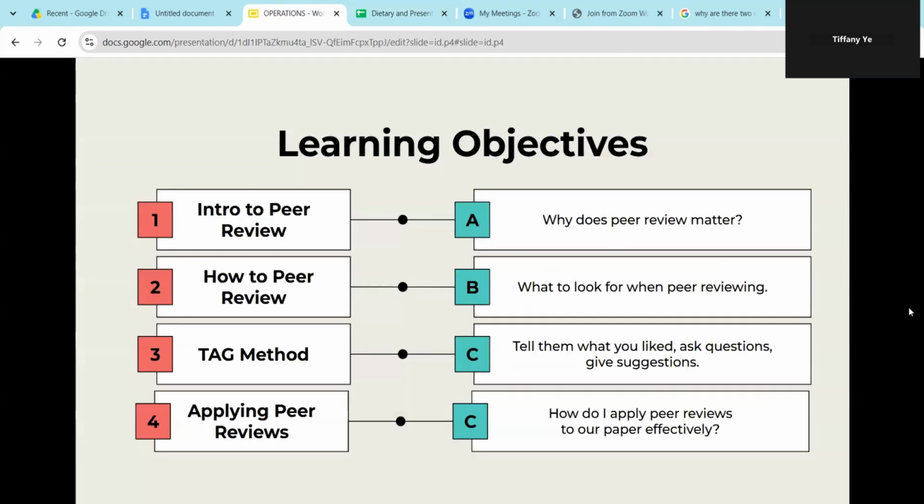So now we'll go over our learning objectives today for peer review. Because probably not that many of your group mates are here right now, if you guys still want to learn this, I can teach you right now. But if you don't feel like this is relevant to your current needs, I can just give you one-on-one feedback. Okay, so since nobody is really responding, I guess we can just review together in the common area.